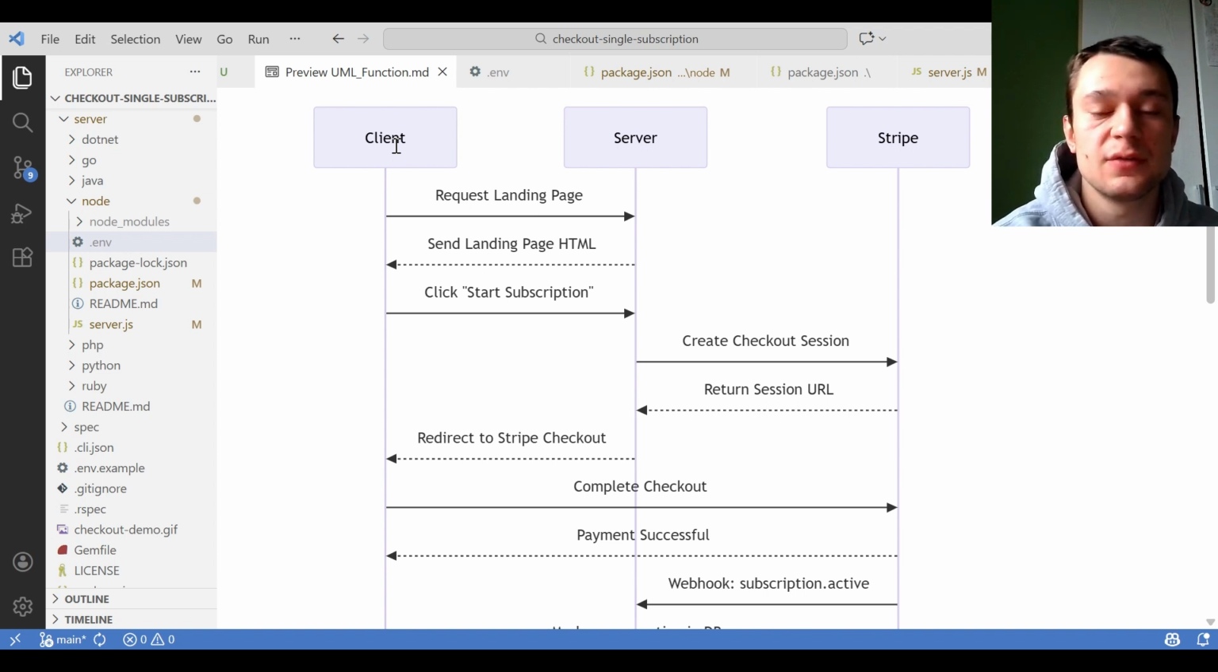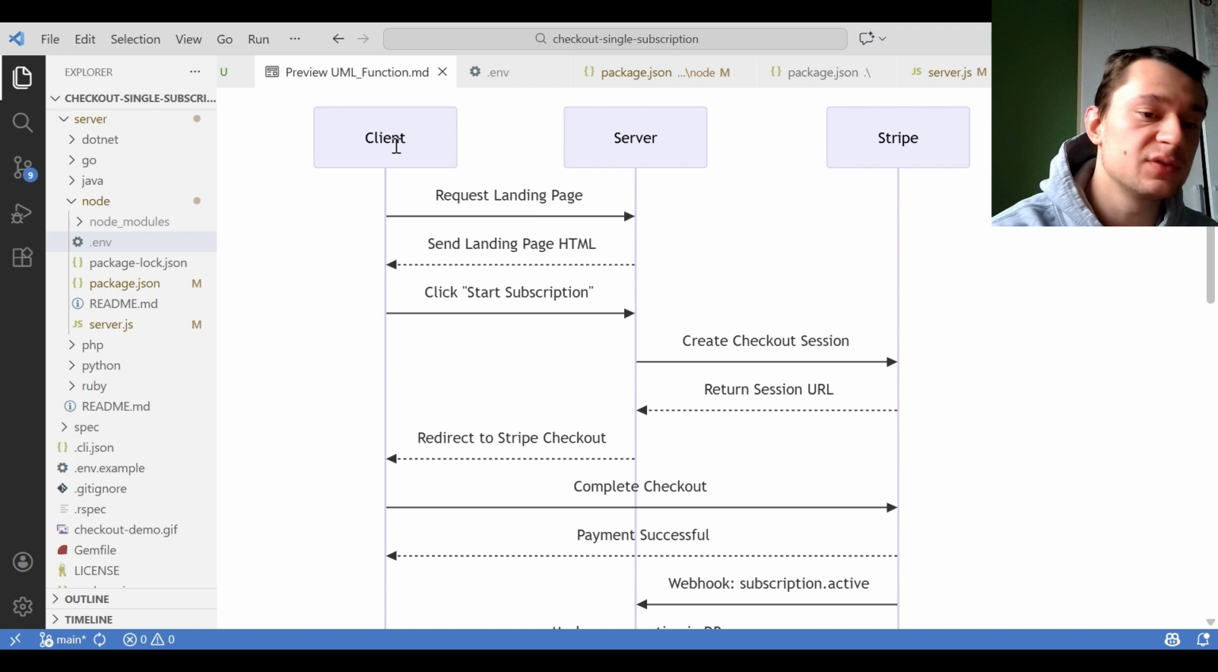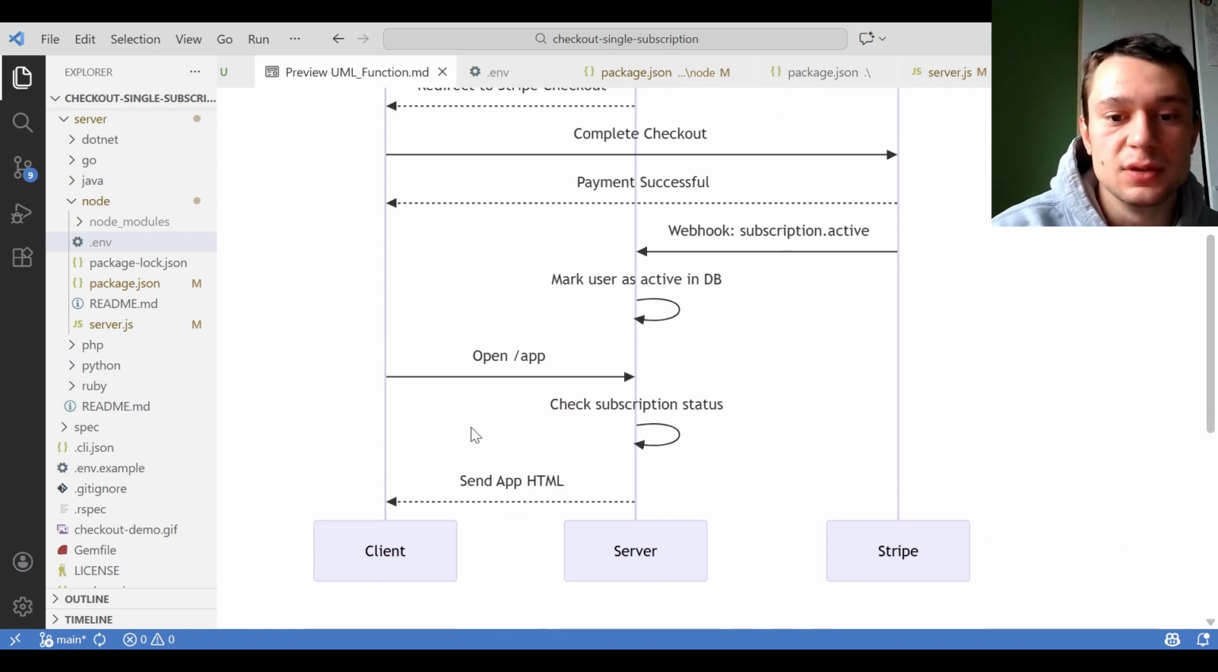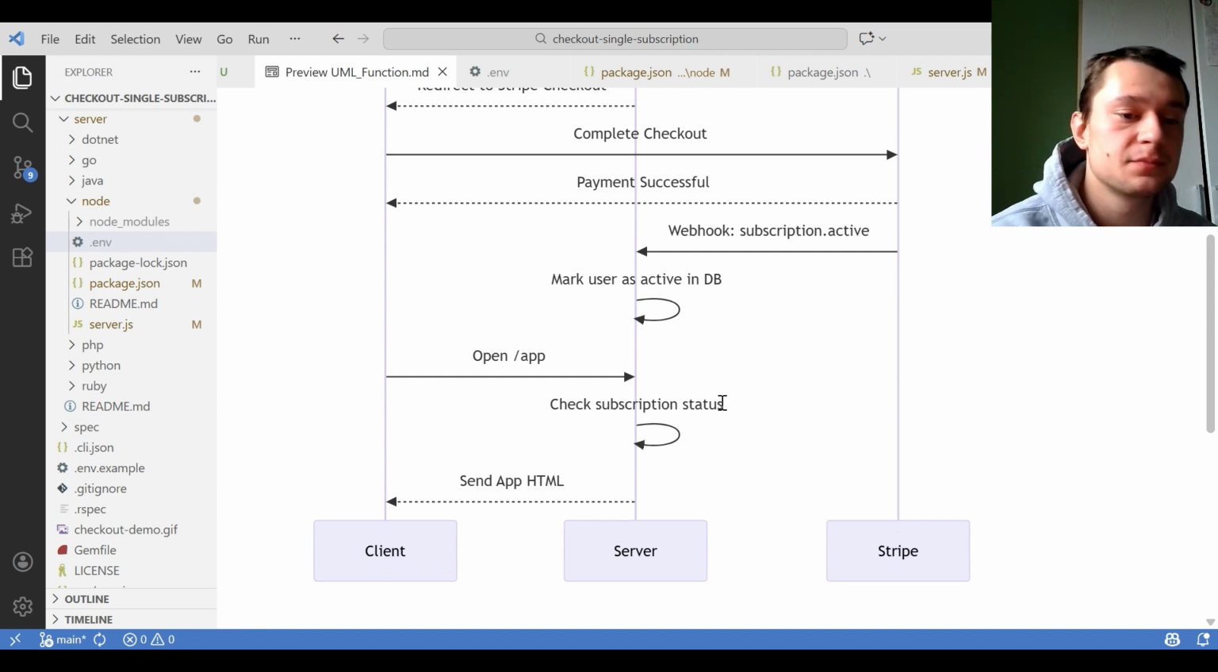The server will then create a checkout session with Stripe, and you will then have a subscription. And once you have a subscription or you're already subscribed, it will send you the real app HTML, and then you can use the